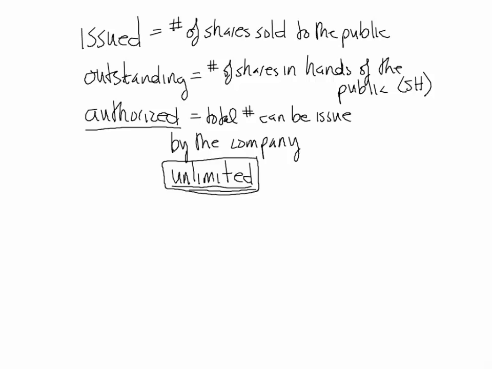I may issue a bunch of shares, they're outstanding, but then I repurchase as a corporation some of the shares. Now they're no longer outstanding, but they still at one point have been issued. So these two numbers do not have to be the same thing, but sometimes they are. You can see a company that says issued and outstanding. All right, so now we have a better understanding of the